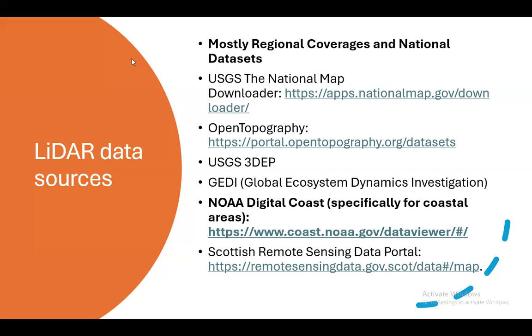And these are some of the LiDAR data sources. Mostly, I'm talking about the free sources, not any paid ones. So everything here is open source. Regarding open source and free data availability, you might not have global coverage.